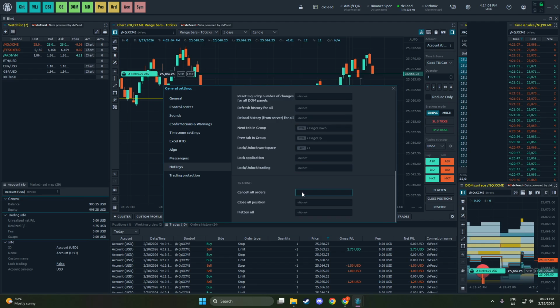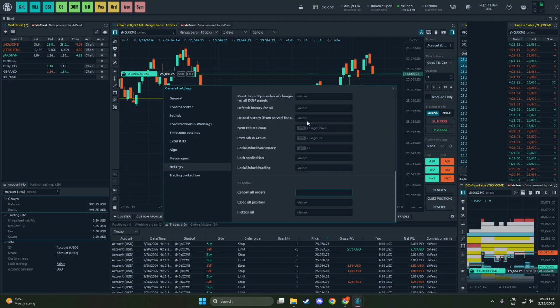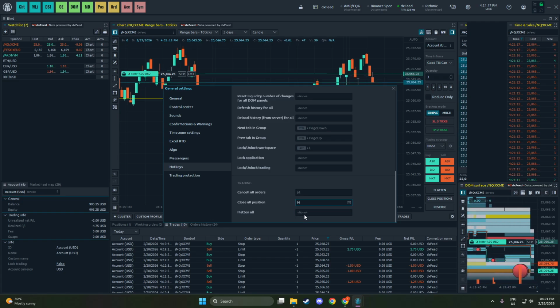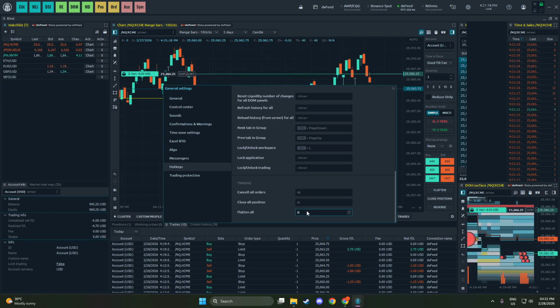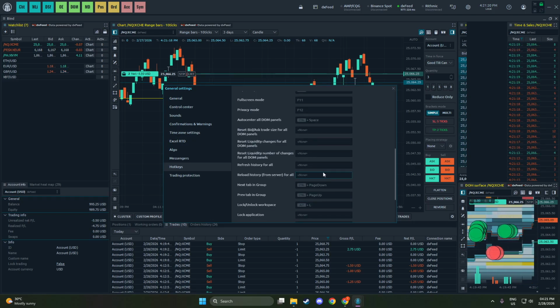The description usually makes it clear what each action does, so take a moment to pick the one that fits your routine. Next, press the key combination you want to assign. A good rule is to include a modifier like Ctrl, Alt, or Shift to avoid accidental presses. For trading actions in particular, a combination like Ctrl plus Shift plus a letter or number adds a layer of